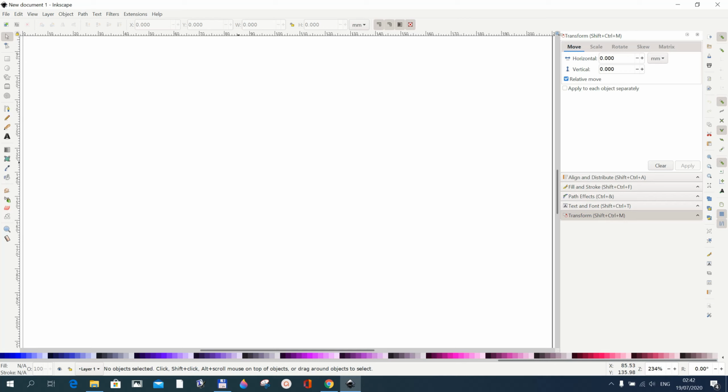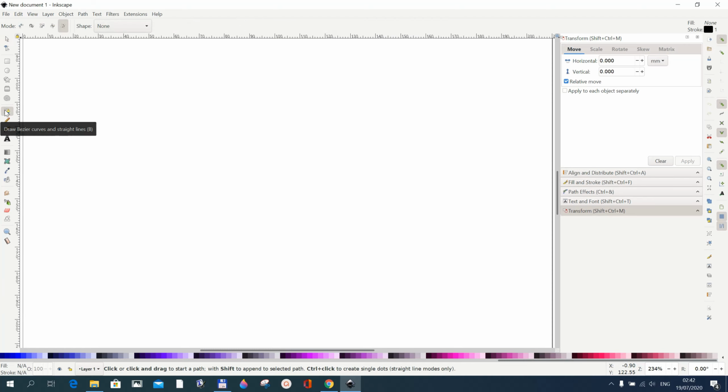In this tutorial, we want to look at the Live Path Effects, Power Stroke, and also Rotate Copies. I'm going to use those to show you how to use those two path effects in Inkscape. I'm using Inkscape 1.0. So let's start by going for our Bezier tool here, and then you can choose, let's